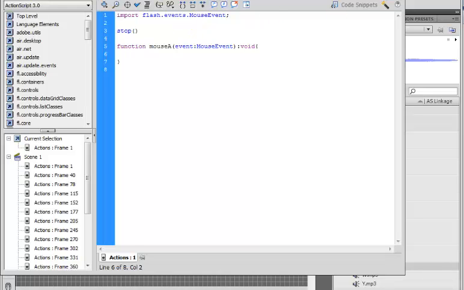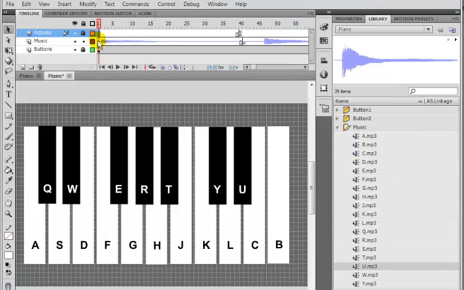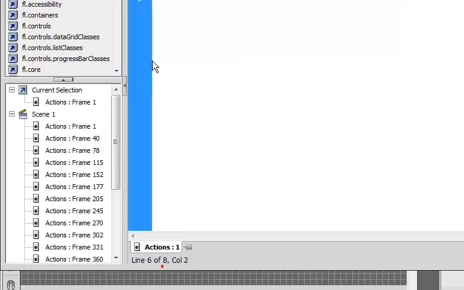Let me check the frame now. Because I have stop in here, I'm just going to make it start from frame 2. Let's see, all right, start from frame 2. Okay, let it start from frame 2. So I'll go back to my code and just ask it to go to and play frame 2. Okay, that's my first line of code,